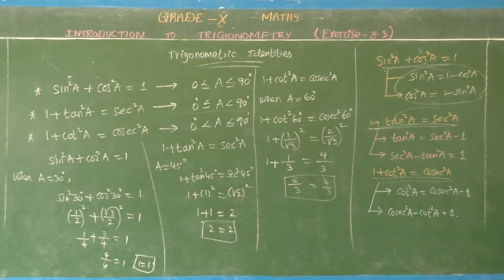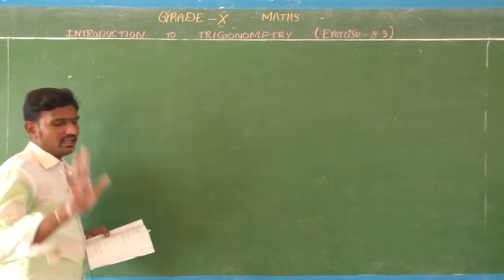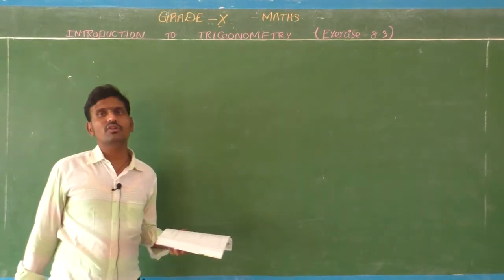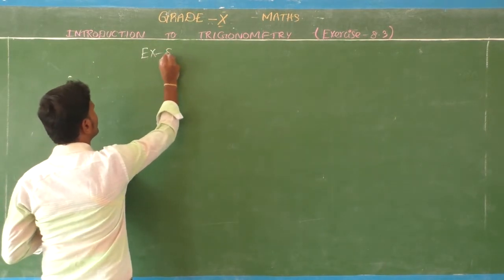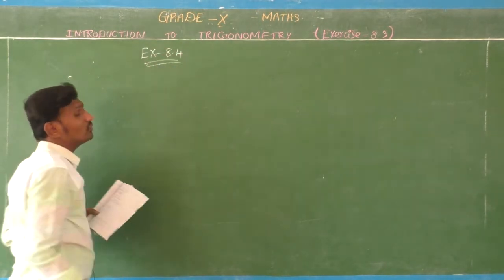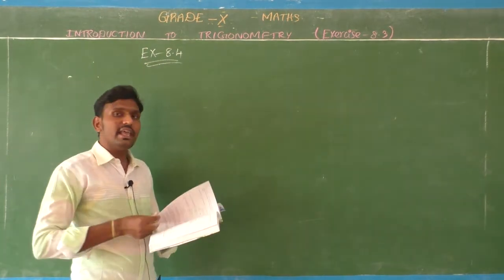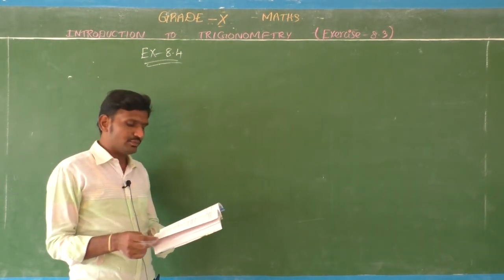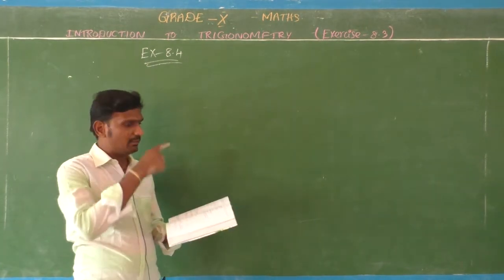And the next, yes students, now we have thoroughly understood the trigonometric identities. So let us move to our problems in the exercise. Okay, so Exercise 8.4, the first question I am going to give you now. You have the same pattern in that Example 12 also, but before that I complete this first.